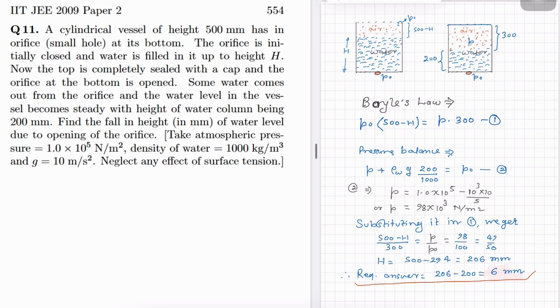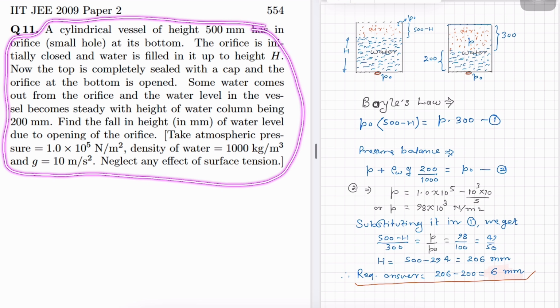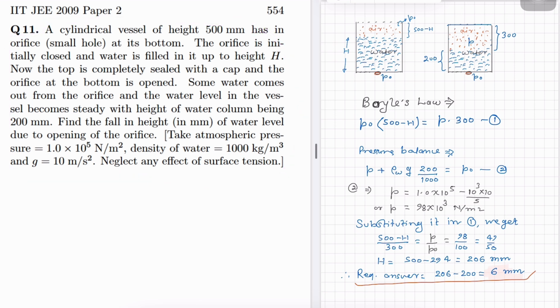This is a problem of IIT 2009, and this is based on fluid mechanics. This type of problem is not asked after that, and I think it may be repeated. The same concept may be repeated this year. The problem is that